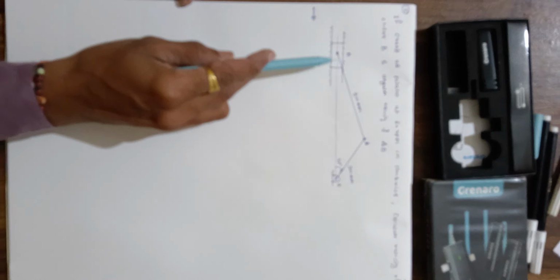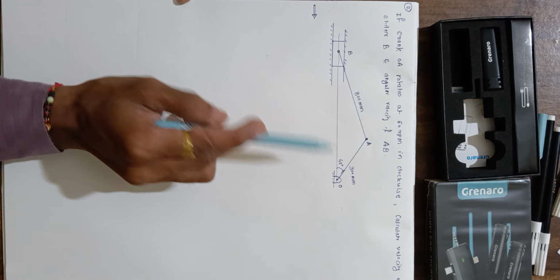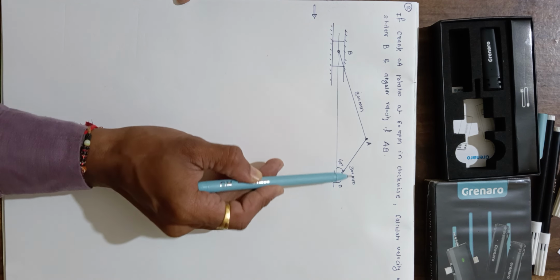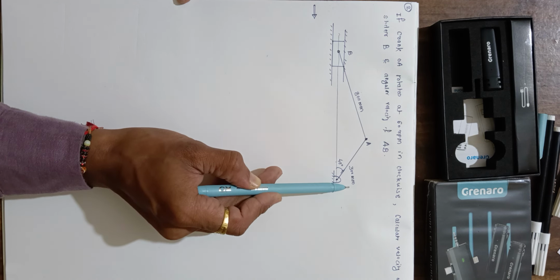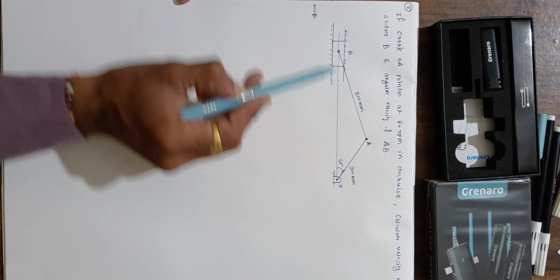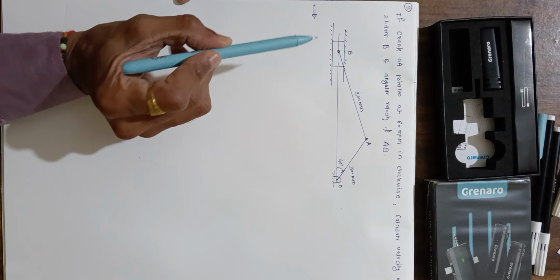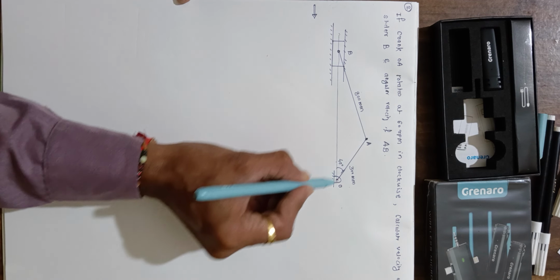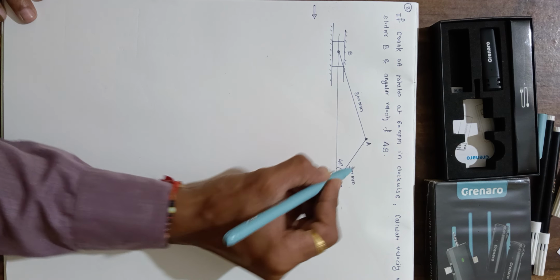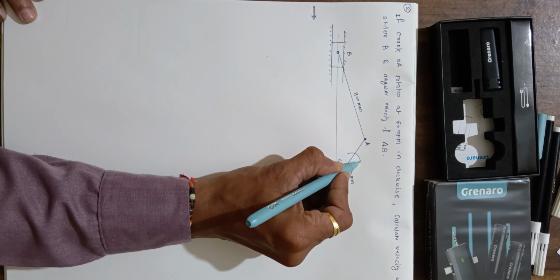Okay, so this is the given slider crank mechanism. OA, this crank, is at 40 degrees and its length is 300 mm. AB length is 800 mm and this is the slider B. So we have to find out, if the crank OA rotates in the clockwise direction, like this,